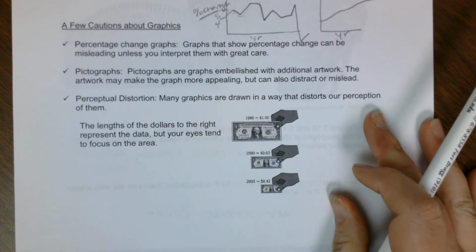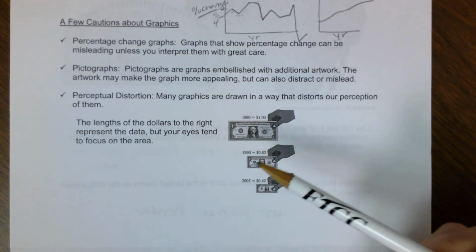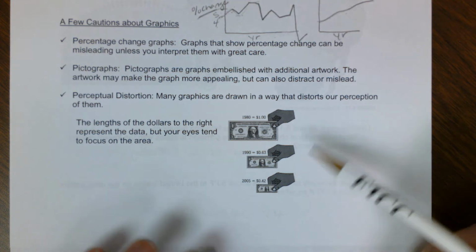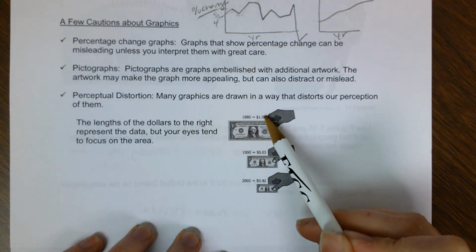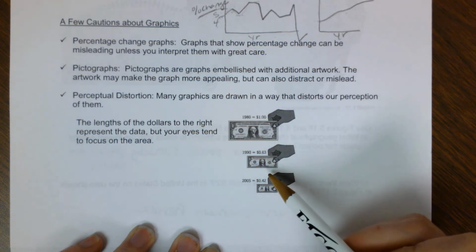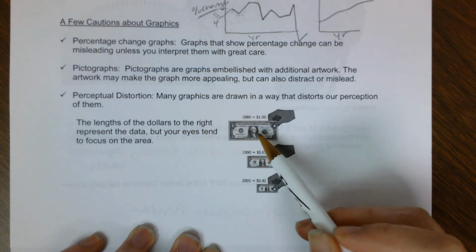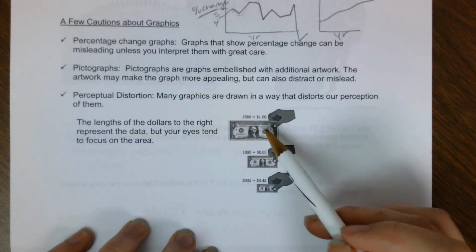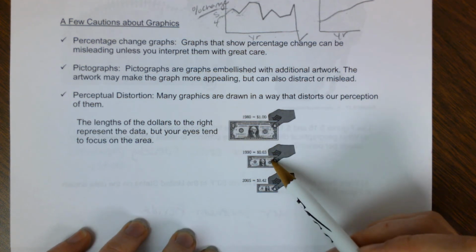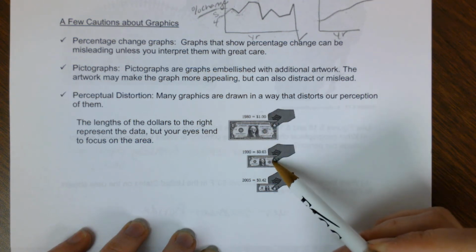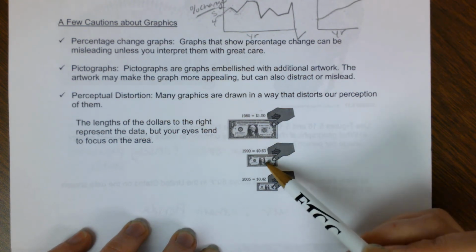The lengths of the dollar to the right represent the data, but your eyes tend to focus on the area. So here we're looking at the worth of a dollar. So if we say 1980, this dollar was worth $1. Okay. In 1990, that dollar was worth only 63 cents. Okay. So if we're comparing these, if you were to say, okay, how much of a difference was that? If you didn't have the amount here, and you had to guess how much did it decrease, well, in my